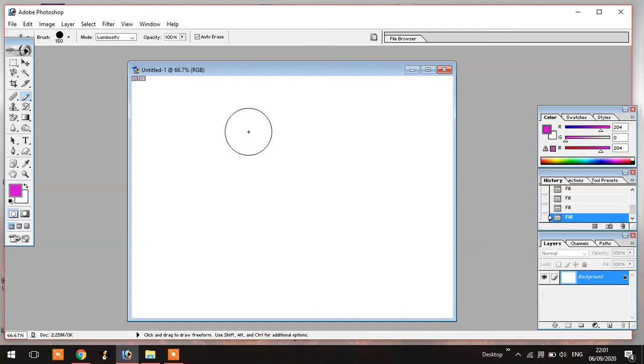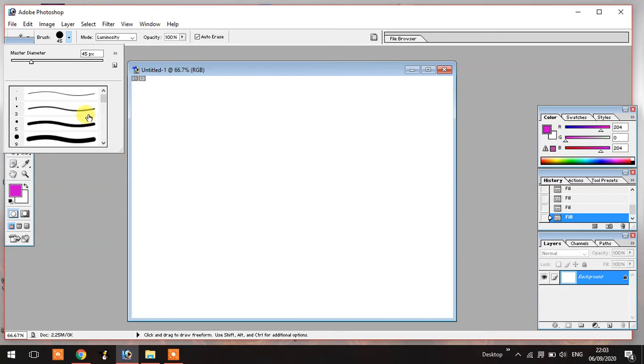That means when you want to fill your color with either foreground color or background color, if you want to fill with background color, you have to press Control plus delete key or Control plus backspace key. And if you want to fill with your foreground color in selected part or whole parts, you have to press Alt plus backspace key or Alt plus delete key. Understand?